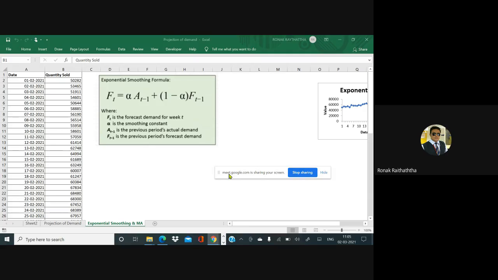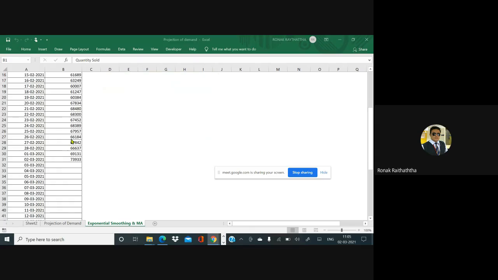From the 1st of February, we have got the data up to 2nd of March, and we want to predict, say, for the 3rd of March, which is the current date, if I'm not wrong. No, 2nd of March is the current date. Okay. So for today as well, we have got the data. We want to predict it for tomorrow now. So based on the moving average, how can we do it?